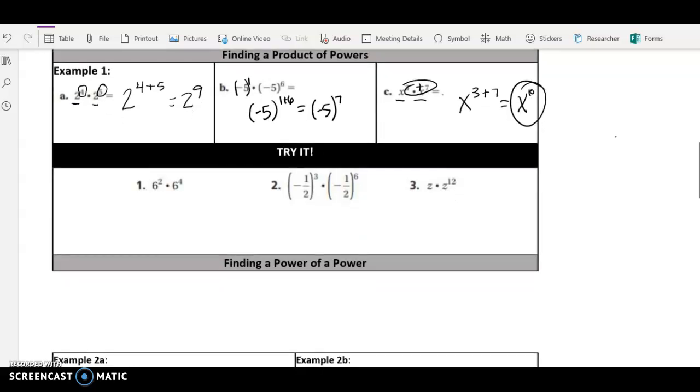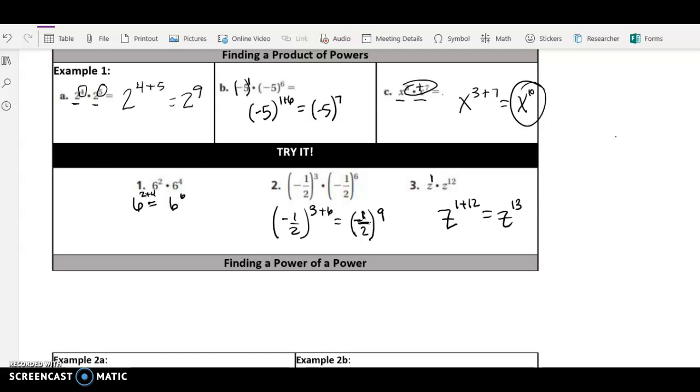So I want you to try 1 through 3 on your own, and then you are going to check your answers with mine. For number 1, 2 plus 4 is 6, so we have 6 to the 6th power. For number 2, we have -1/2, and that's in parentheses, so we need to keep it in parentheses. And then to the 3 plus 6, so 3 plus 6 is 9, so we have -1/2